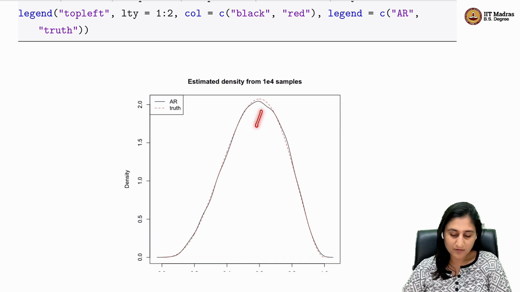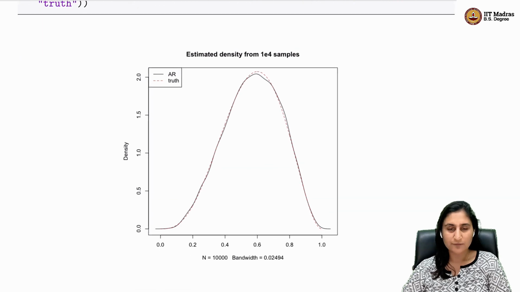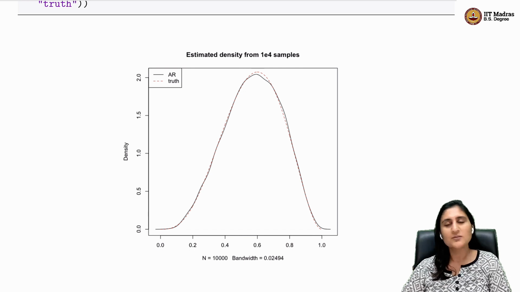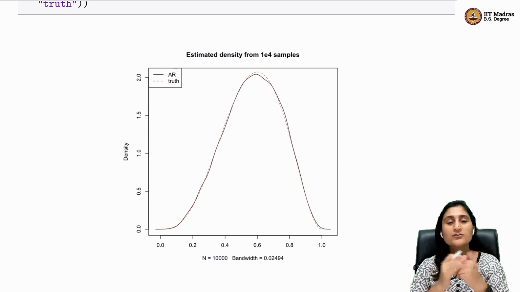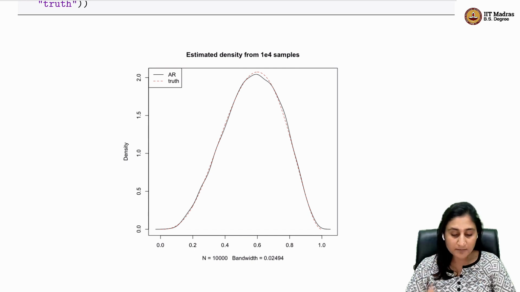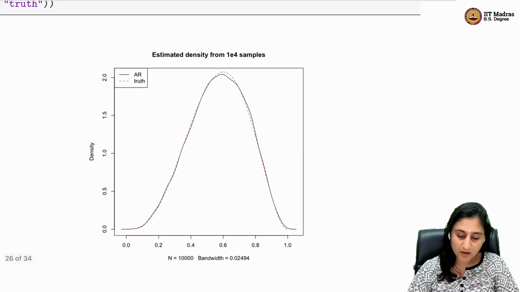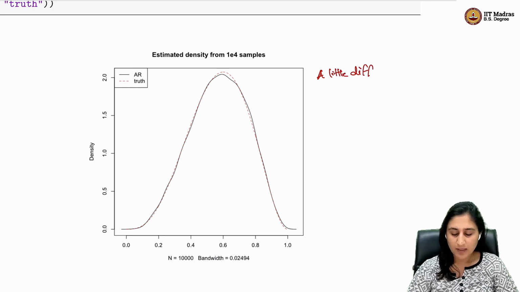Okay. And then the black one underlying here is the estimated density from the accept reject algorithm. And we see that the true one and the estimated one are very close to each other. They're a little bit different, but they're a little different only because the black curve